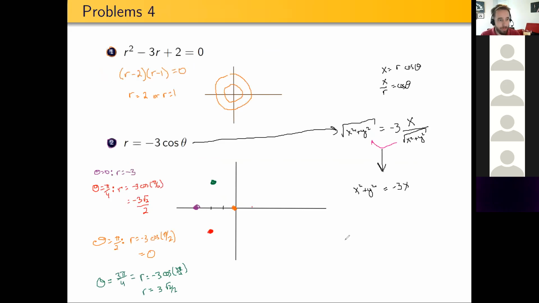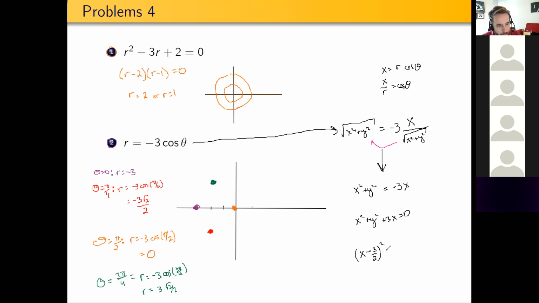Right, and what does that equal? That equals x squared plus y squared plus 3x equals 0. And I think I should have chosen a number other than 3 here to make the numbers crunch out a little more evenly. But we can rewrite this if we want as (x minus 3/2)